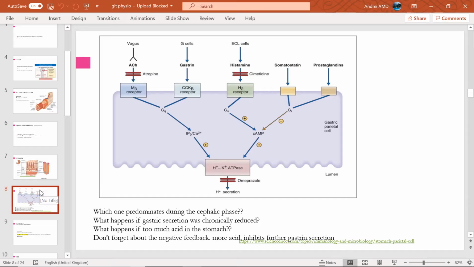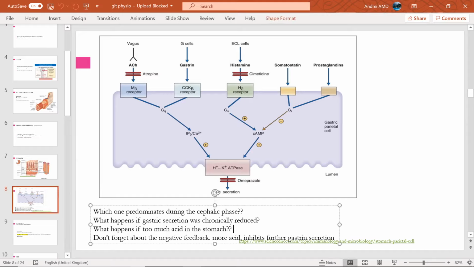So it also secretes hydrogen carbonate and some mucus around the mucosal cells, or protective factors against the acid to the stomach. If you have too much acid, or in other words, your protective factors of the stomach go down, that's when you get